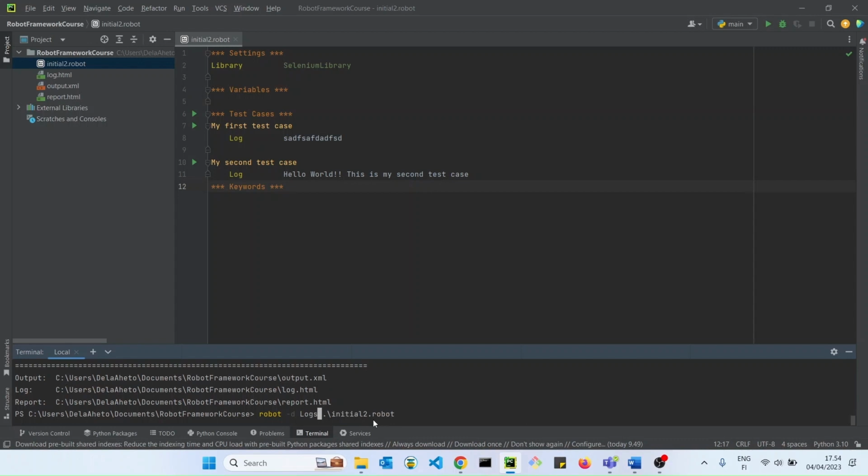So we are telling robot to run the initial 2.robot file, and then when the results are ready, put them in a logs folder. So here, if the logs folder does not exist, it creates it automatically for you. So you don't have to create it. You can have it created manually, but if it doesn't exist, it's going to create it for you. So now let's run this and see what happens. So I click enter again,